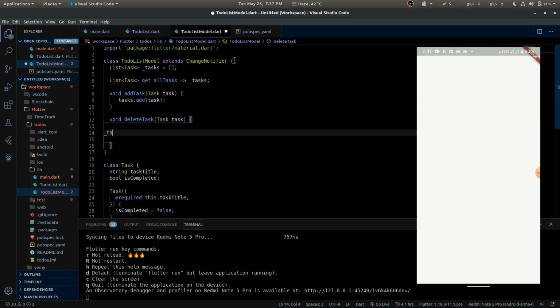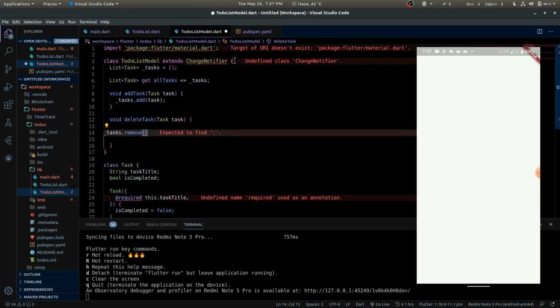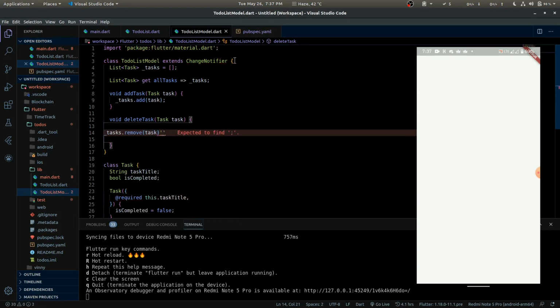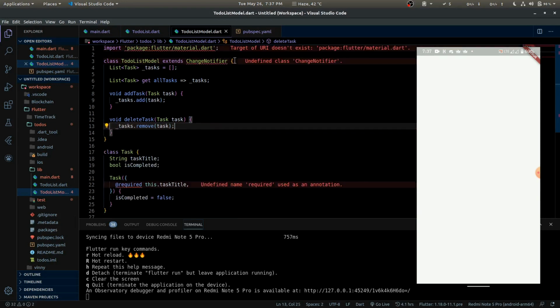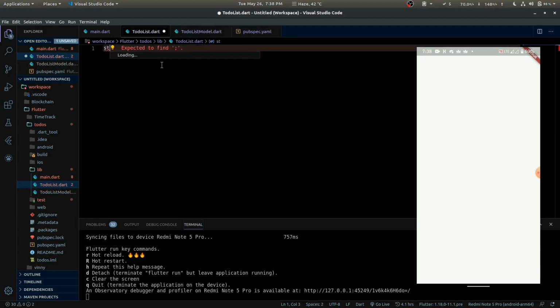So what we can do is task dot remove task. All right, so we are basically done with the model class, and we're getting these errors. It's not any fault of our code, instead it's the fault of the IDE. So VS Code is responsible for that. We cannot do anything. I'm gonna begin with